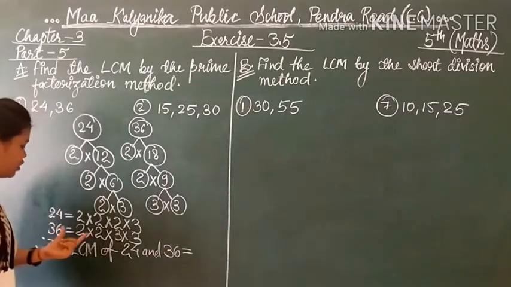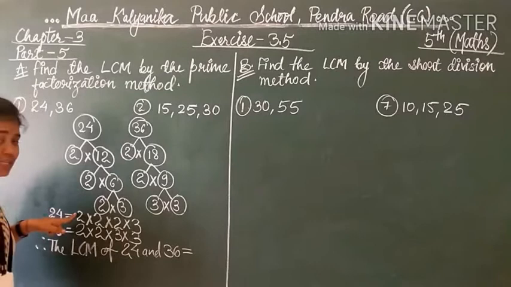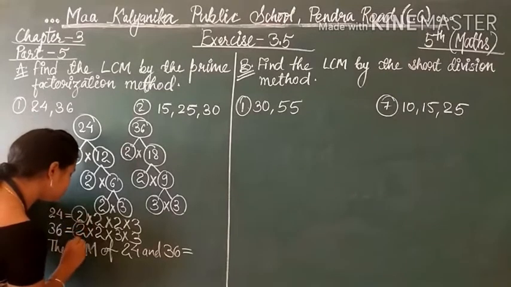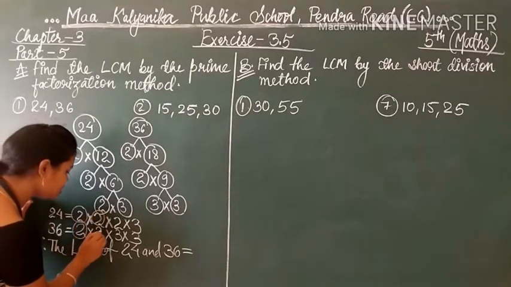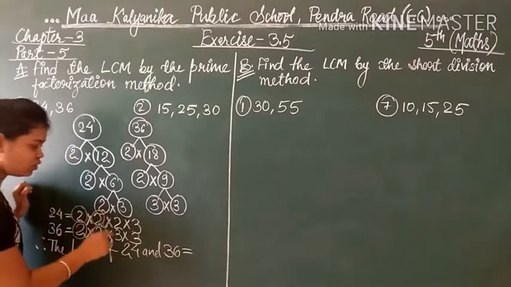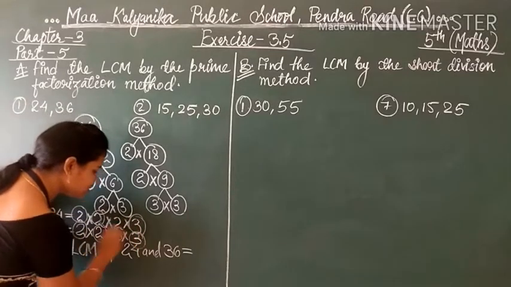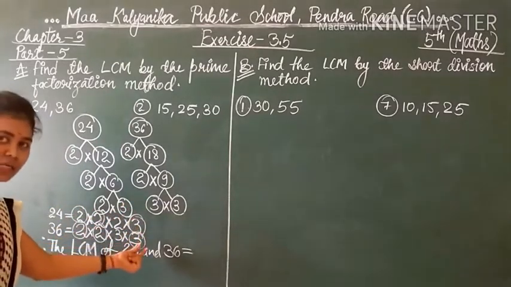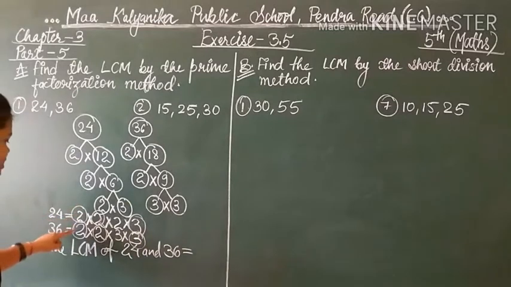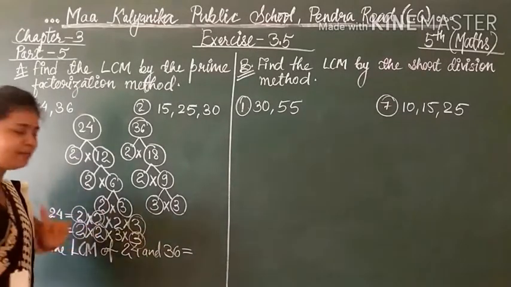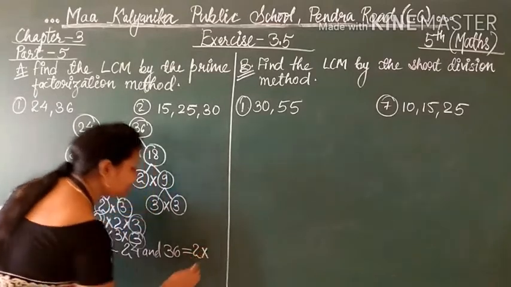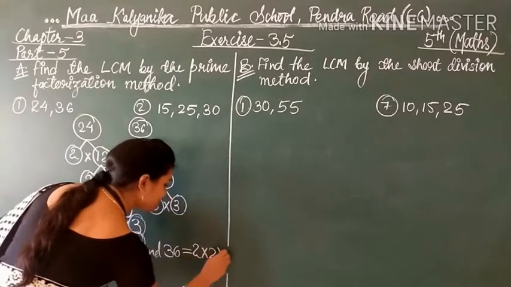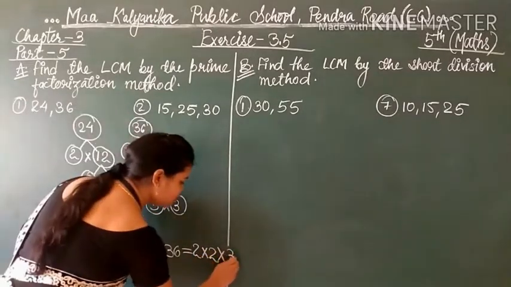Be careful. Okay, what we have to do? See carefully. So see here, now see the common factors in both. 2 is there, we will circle 2. Then 2 is there in both. Yes, but 2 here, 3 no, and 3, 3 yes. So students, what we have to do now? Whatsoever common factors we have received, we will write once. Means for these 2 we will write one time 2. So I have written 2 multiplied by. Okay, now this common 2, write 2 again. Then this common 3 again.